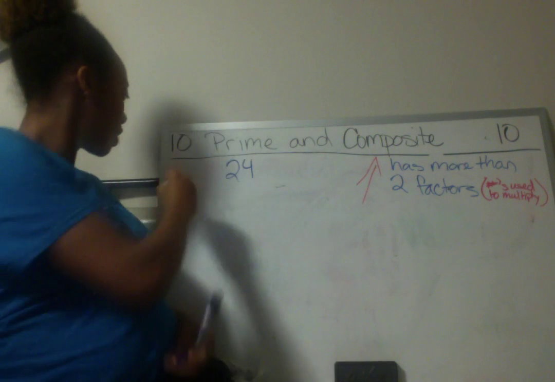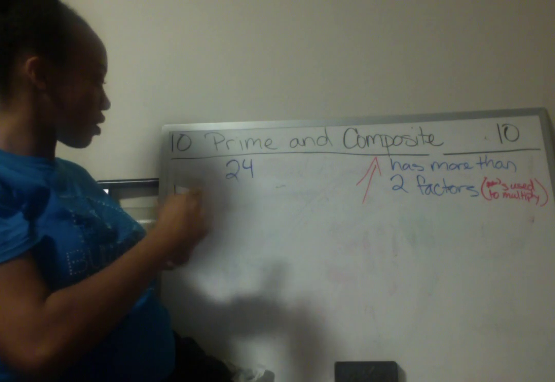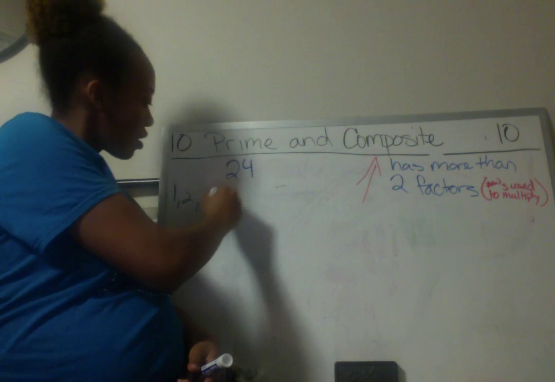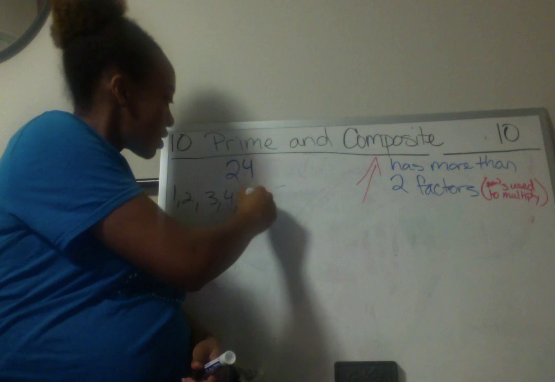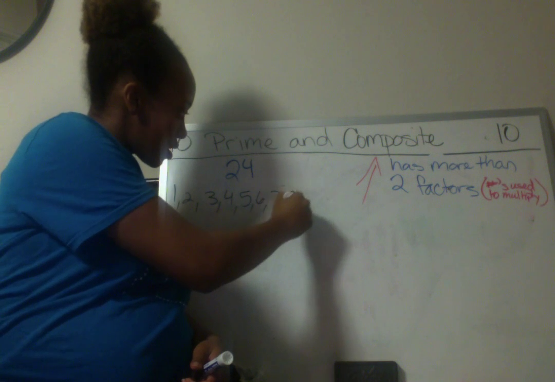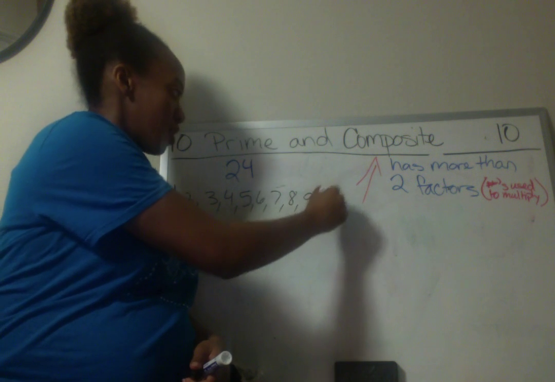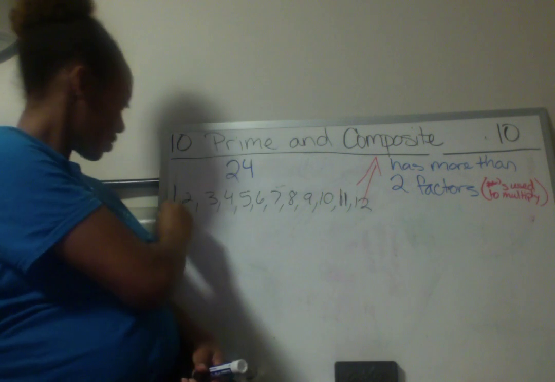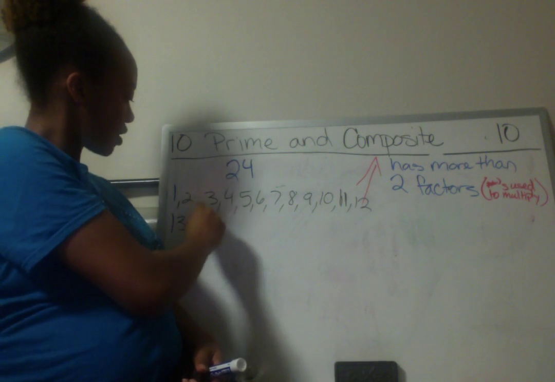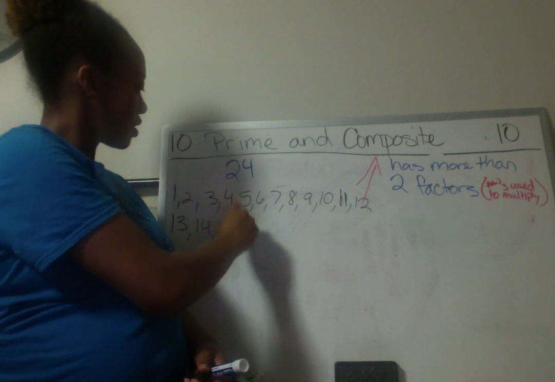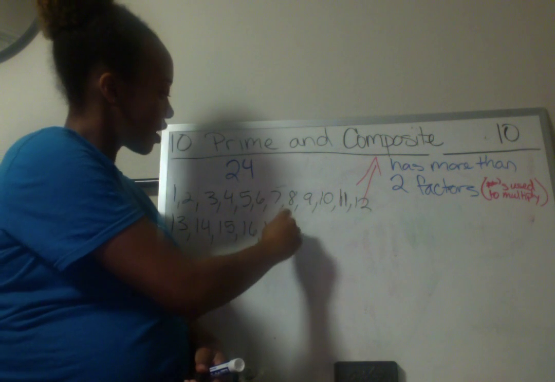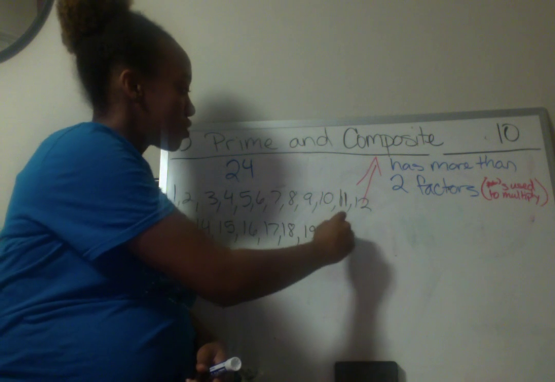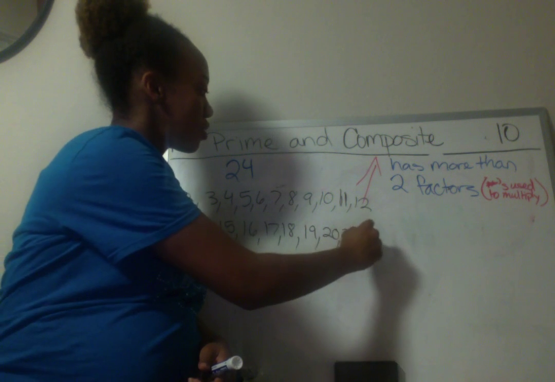But because we're learning, I'm starting with 1 and I'm going all the way to 24. 2, 3, 4, 5, 6, 7, 8, 9, 10, 11, 12, 13, 14, 15, 16, 17, 18, 19, 20, 21, 22, 23,